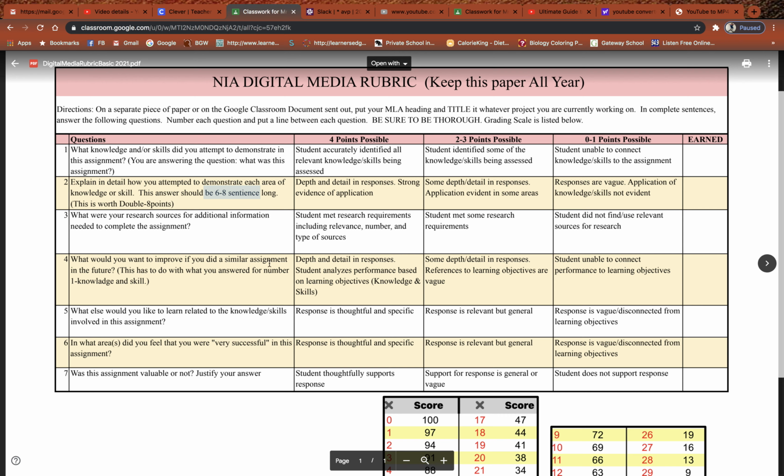What would you want to improve if you did a similar assignment in the future? This is super important, you guys. Similar assignment means basically the same assignment again. So you still have to stay in the context of this number 1. So if number 1 was creating and editing a video on Izzy Video,